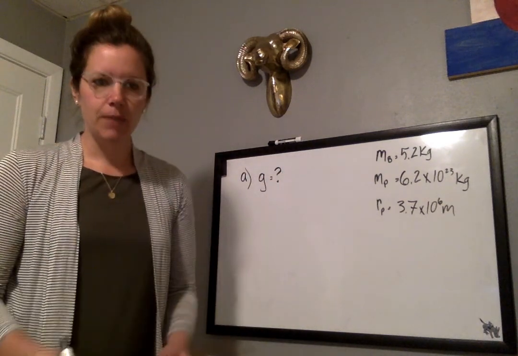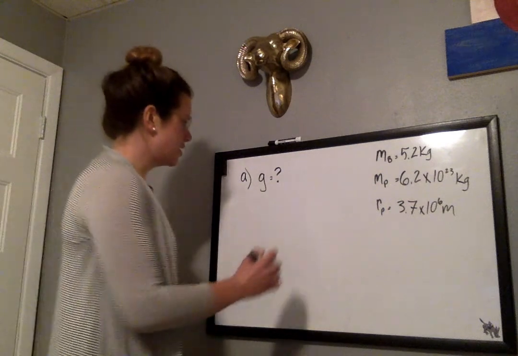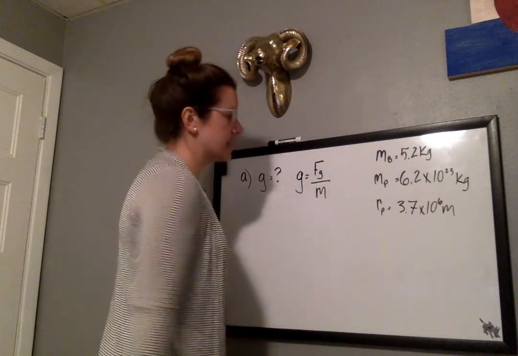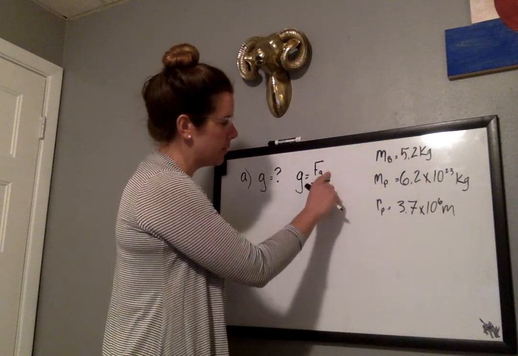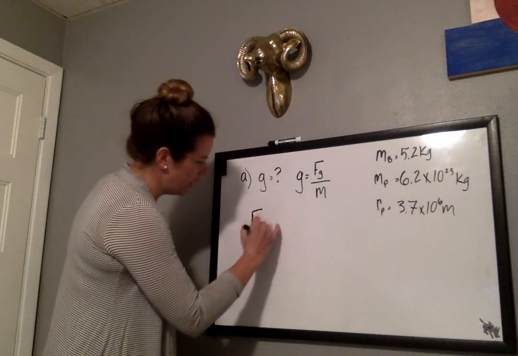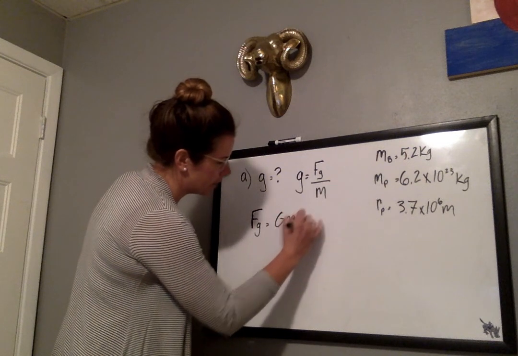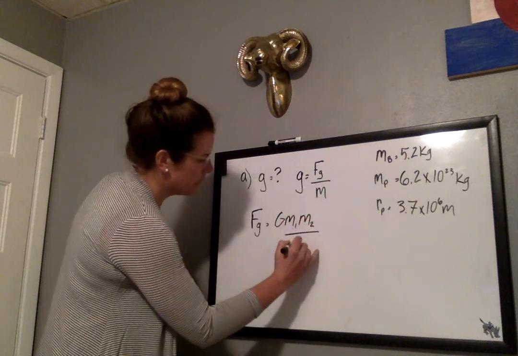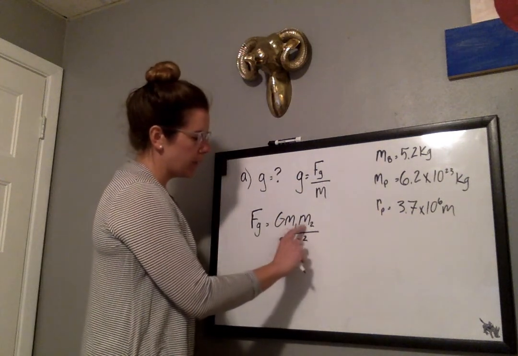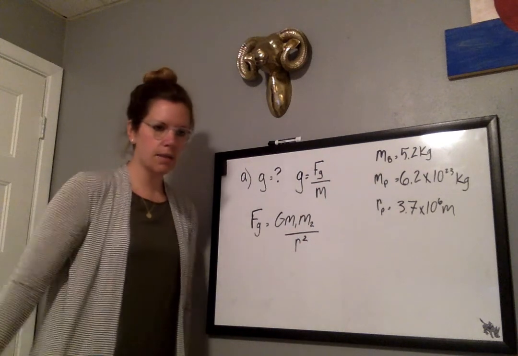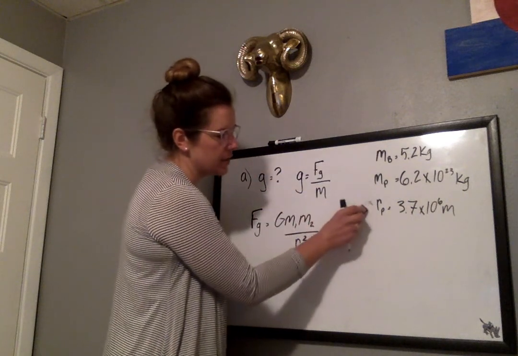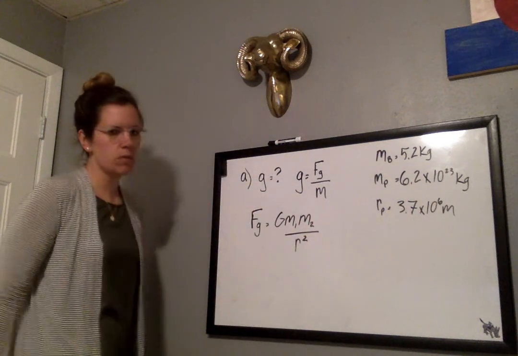I'm going to find on my handy dandy equation sheet an equation that has g in it. I see g is equal to the force of gravity divided by the mass of the planet. Cool, I have the mass of the planet, but do I have the force of gravity? No. So I'm going to take another step and find the equation Fg is equal to big G, mass of object 1, mass of object 2, divided by radius squared. This would be your planet, and this would be an object on that planet. This radius, in this case, is the radius of the planet. However, it also can represent the distance between 2 objects, which we get to in part